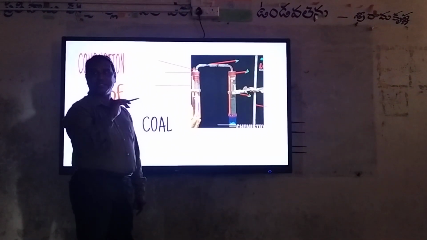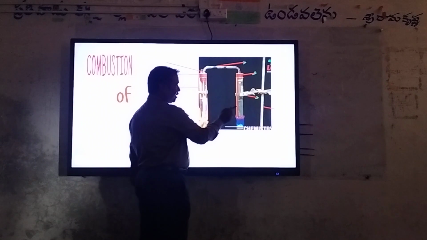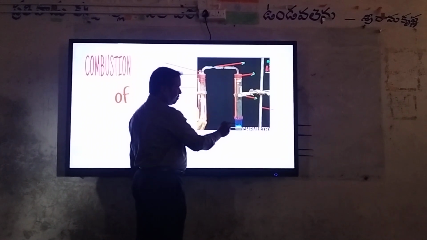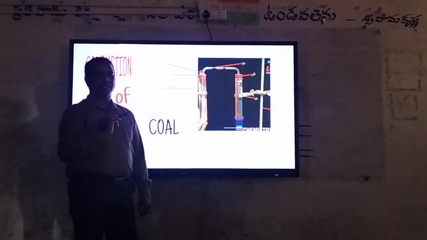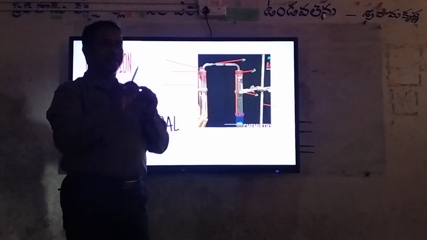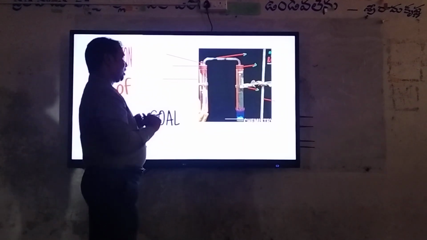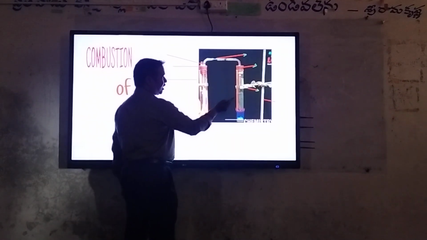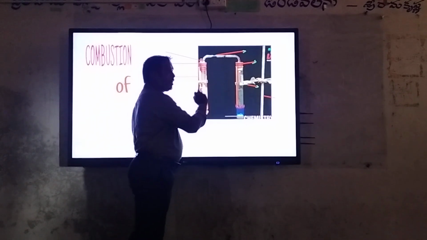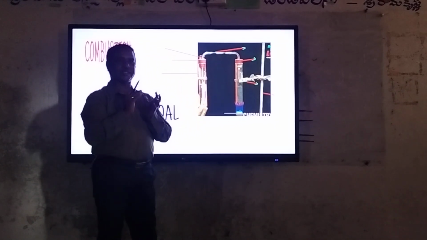So from where to where it is delivered, we will see. In the other test tube, we have taken the coal powder. We are heating the coal powder with a Bunsen burner. A Bunsen burner is very similar to your gas flame; we make the gas burn. So the coal is heated here. The coal gets heated. So what happened here? It is liberating some gases, a mixture of gases.